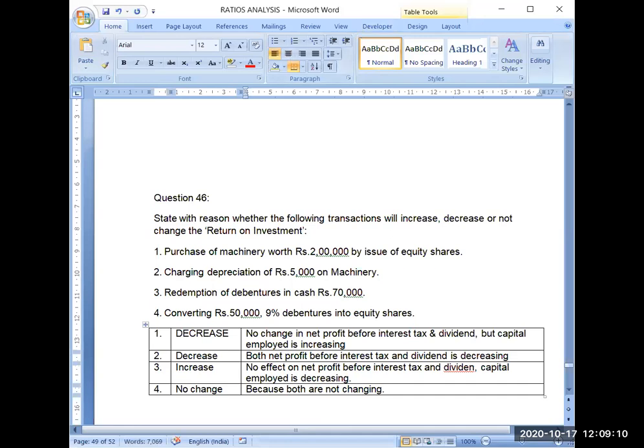So this way we have completed this chapter, ratio analysis. You can see till now we have done 46 questions in class. You will find many questions and illustrations for all these ratios, which need a lot of practice, a lot of concept clarity, and a lot of presentation. So please try to practice all the formulas. And from Monday onwards, we will start revision work.